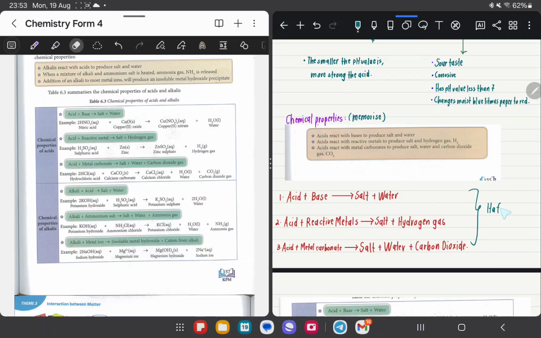Okay, actually I already dah buat notes for this chapter. So just a matter of saya terang ke tak tu je. So I will terang after this about each chemical property dengan detail. So pastikan you orang tengok